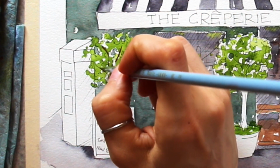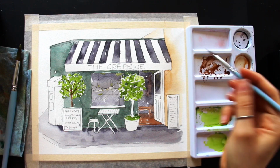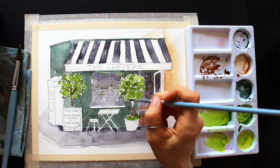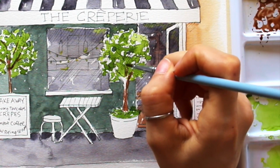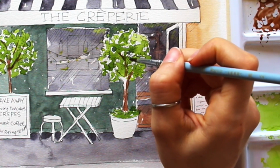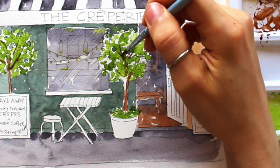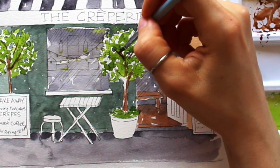The brush strokes that I use to paint in the tree trunks and the branches are quite different from the brush strokes that I've been using so far, because I like using short, more linear upwards strokes to help me at least describe the texture of that wood a bit. You can see how I'm leaving little teeny tiny, elongated, narrow, long sections of paper shining through, completely unpainted, as I am painting in these long linear brush strokes